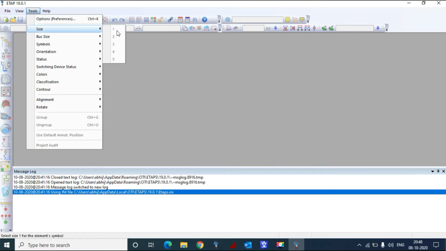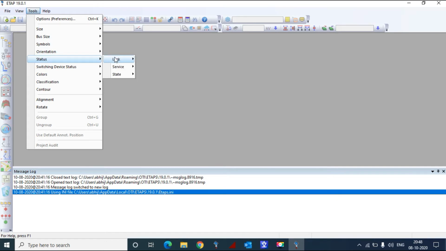Here also you can put the size of equipment, every 1 2 3 4, majorly the size in terms of length and breadth. So what is the bus size, or what are the symbols. Basically there are two types of symbols available in ETAP: one is the ANSI standard symbol and the other is the IEC standard symbol. The orientation is 90 degree, 180 degree, 270 or 0 basically.